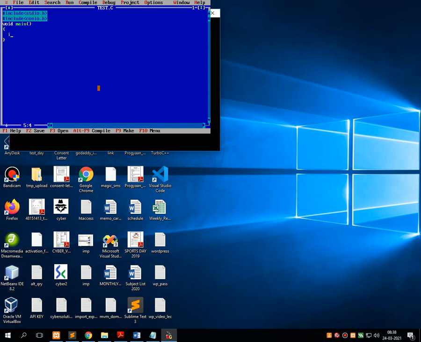Now initialize one local variable A and another a pointer variable which points to the address of A. Then there is a basic function called clrscr, printf "enter your number", scanf "%d", &a, then P points to the address of A, and then I am writing printf "%d", *P.